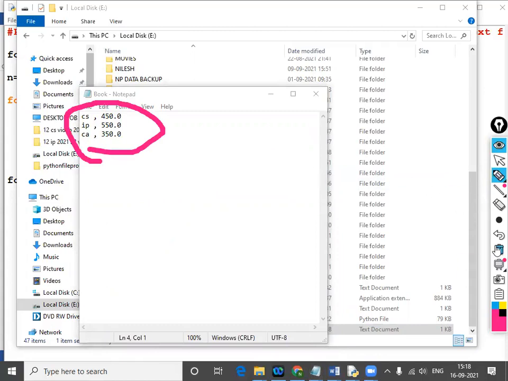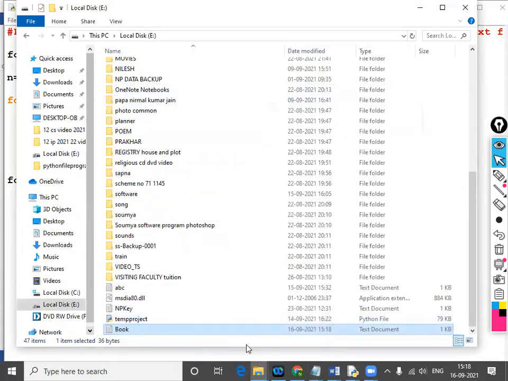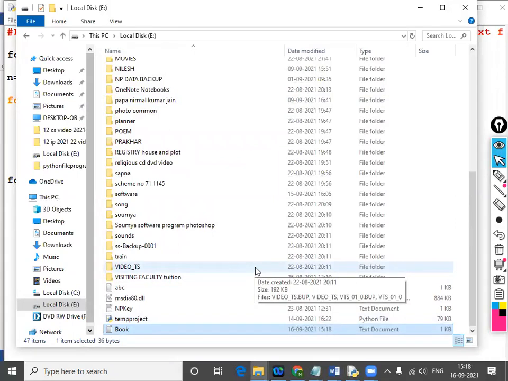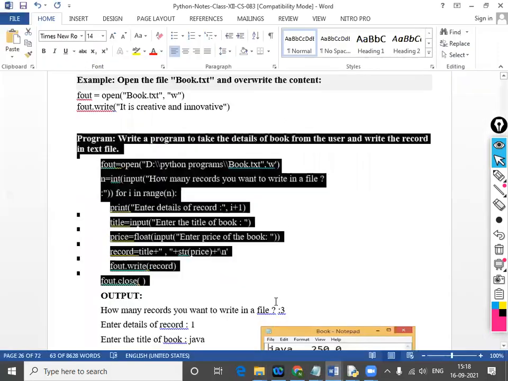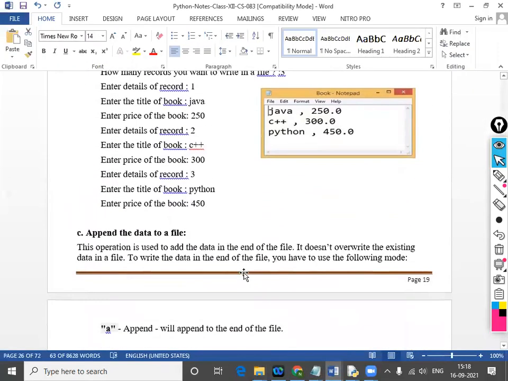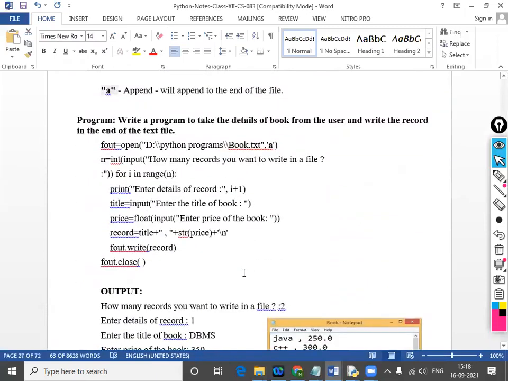Now the second thing is that read it. So record append. Now same content we can use it in append, same program.